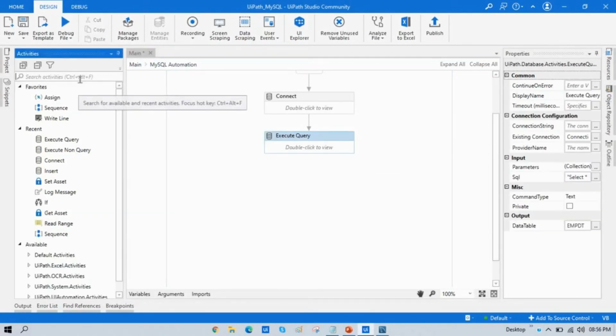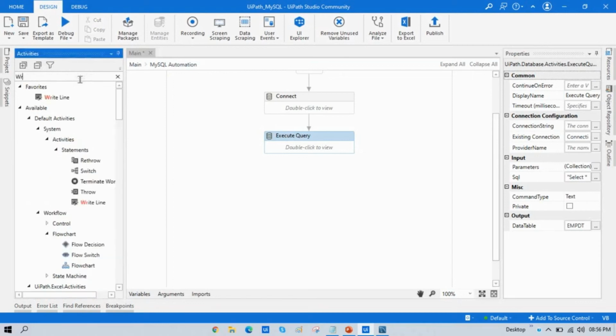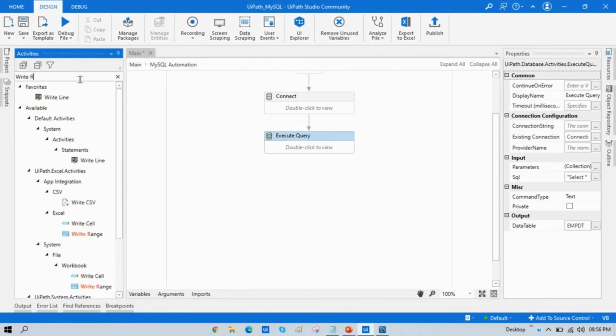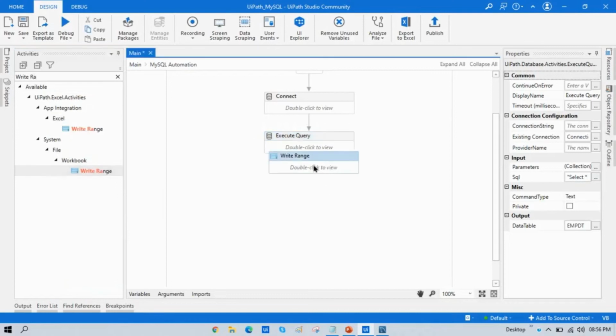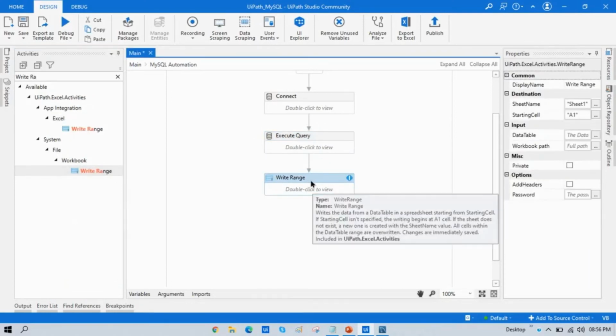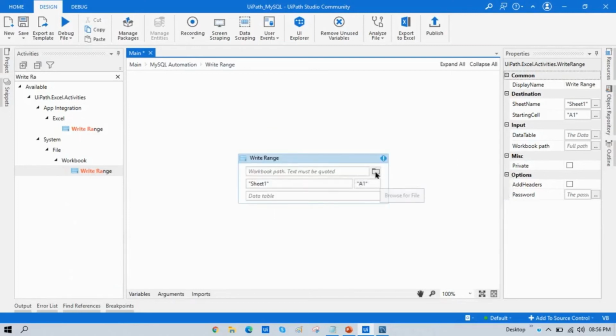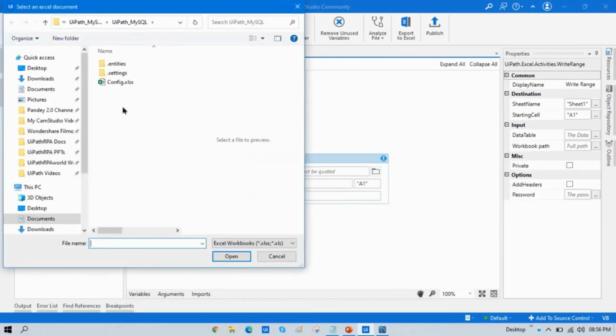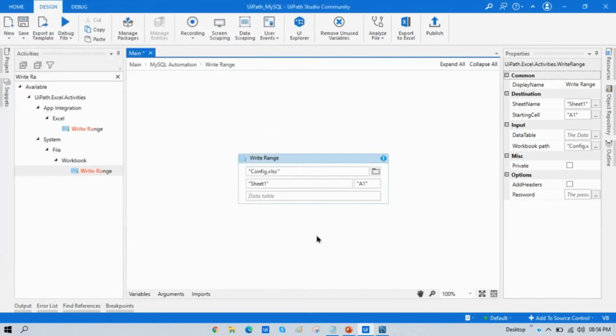Now, so I'm going to write here one activity, write range, this one workbook, connect with this. Let me take one Excel file, click on this. We already have one config Excel sheet. Let me take here sheet 2 if that is available or not. Now here I'm going to take employee DT.